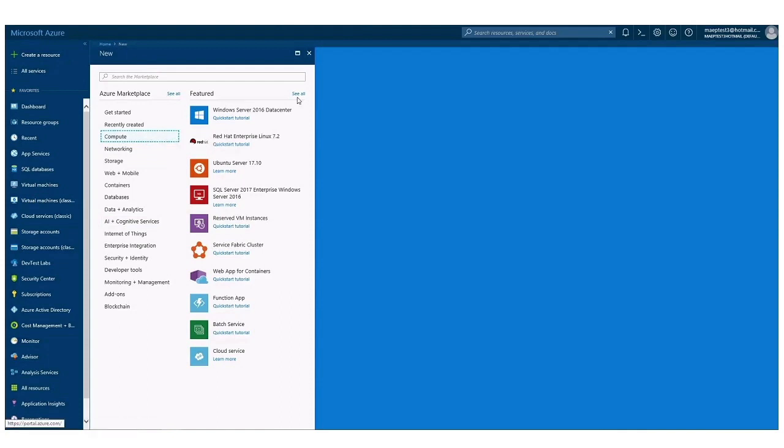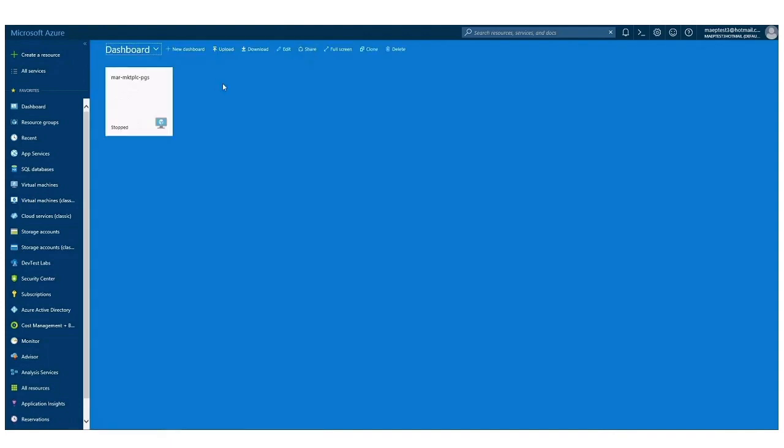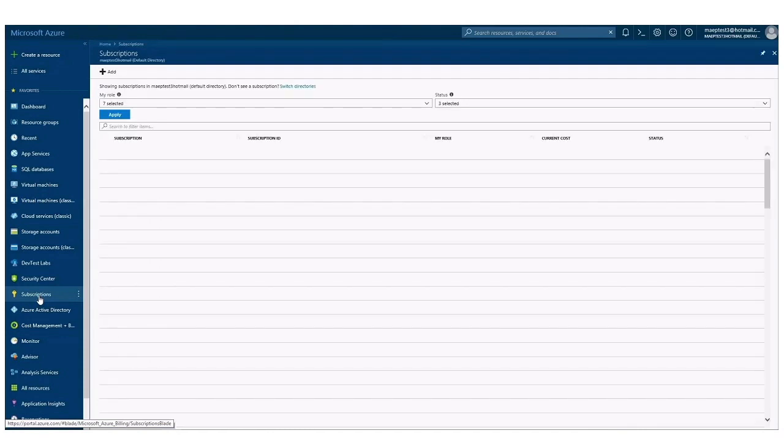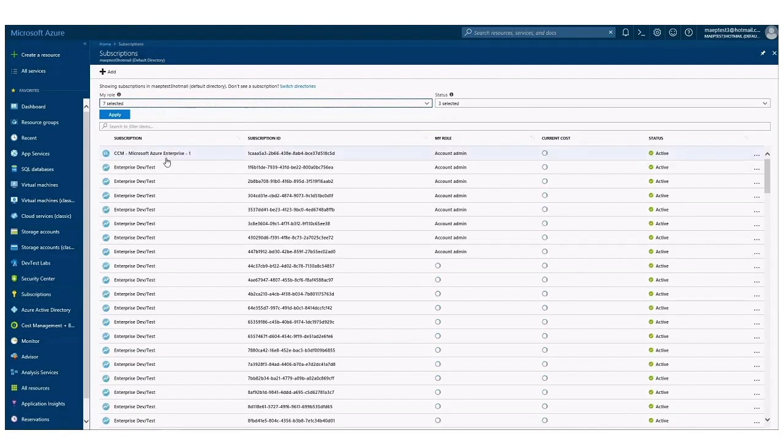I'd like to focus more so on the administrative side of the portal, essentially controlling access as well as engaging support. When an account owner does create a subscription, at that point in time, they are the only person with access to that subscription and the services configured. If they would like to give their team members access, you simply select Subscriptions here. It's going to list out every single subscription that you have tied to the account that you're currently logged in with. I've created a number of different subscriptions.